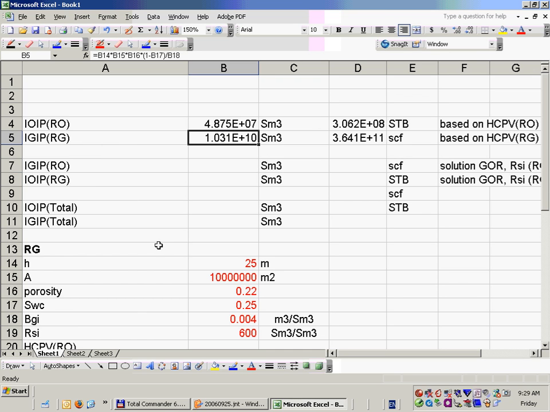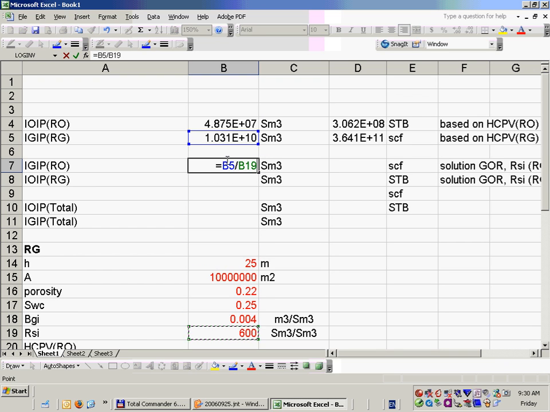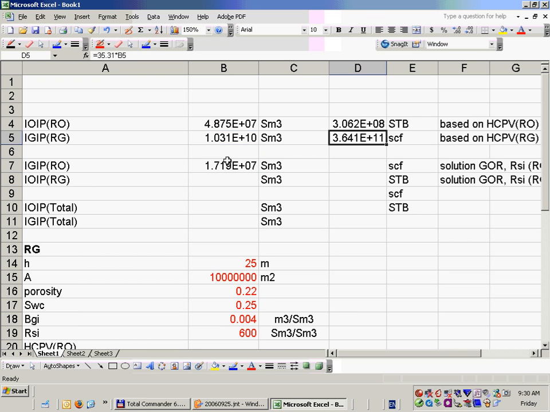It's 10 to the 10th standard cubic meters of sellable gas. So if we divide by the 600, we get the theoretical sellable condensate for sellable oil. That divided by this 600 number. Oops, that was not what I wanted to do. I want that to be down here. This divided by that. Okay, that's supposed to go here. The initial